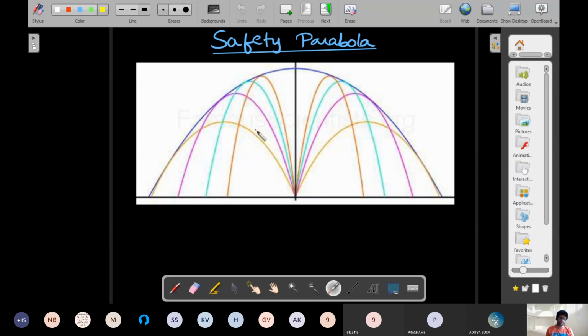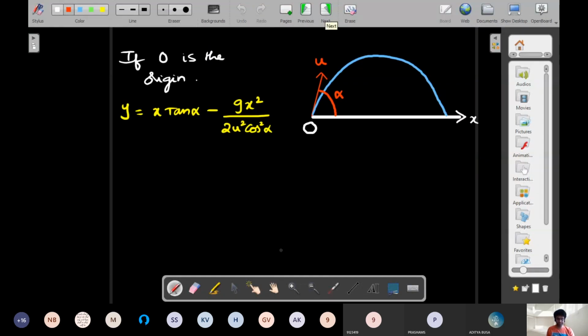He's throwing it in other directions also, not just in this plane. It could be thrown towards the observer, as you're watching through the screen. So it's a 3D figure of which I'm presenting a 2D picture. Let's solve the 2D part and then extend the analogy to the 3D situation. Each of these corresponds to different values of alpha: this one is alpha 1, this one alpha 2, then alpha 3, alpha 4, and so on. That's the whole idea of generalizing this equation.